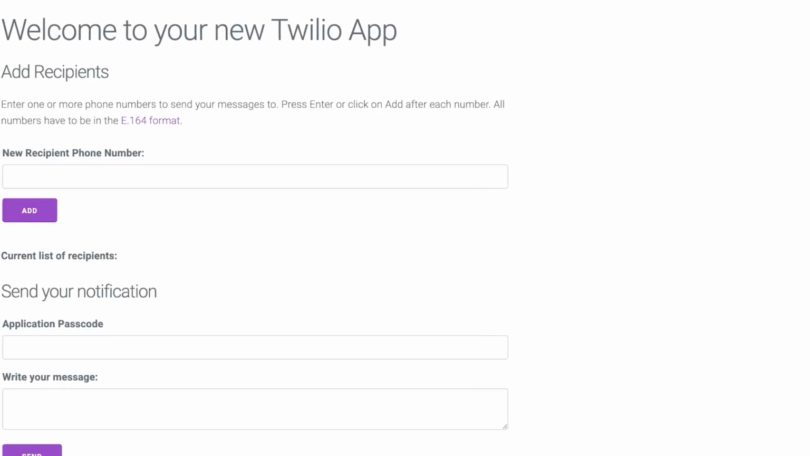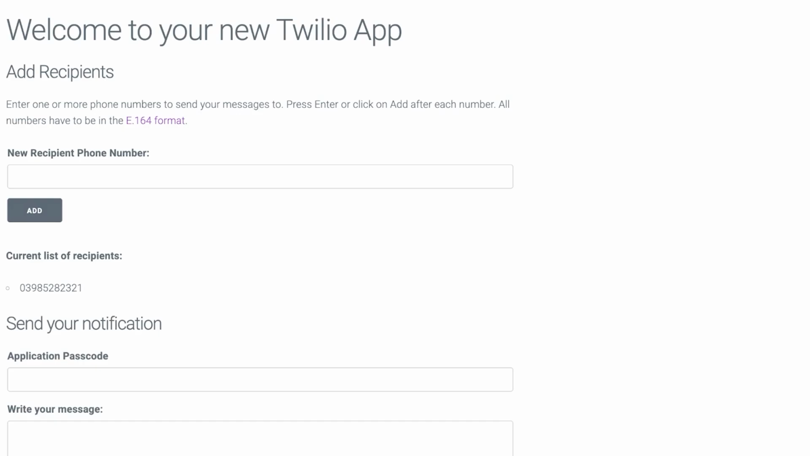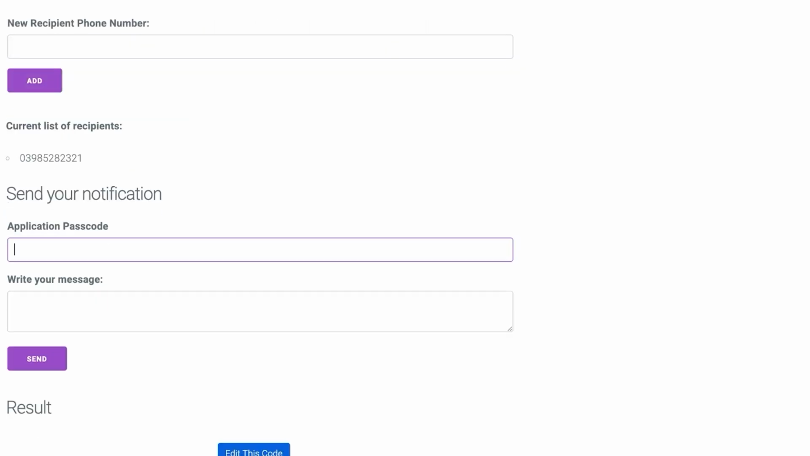So we can enter the recipient's phone number. Whoever your recipient's subscribers are, you can enter those like so, and then click on add. You can add a list of people, so you can add as many phone numbers as you want. If you have them listed in an Excel sheet or a pre-existing list, you can select that from here as well. And then after that, what you're going to do is scroll down and add your application